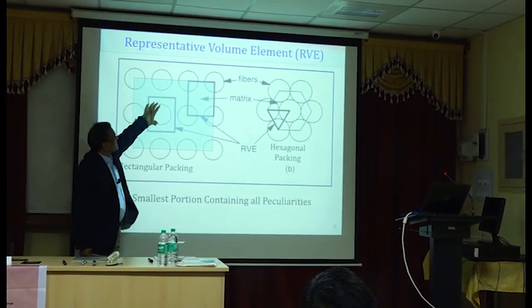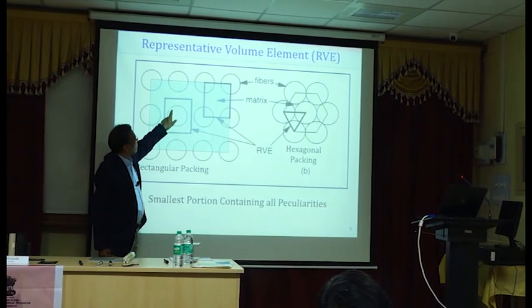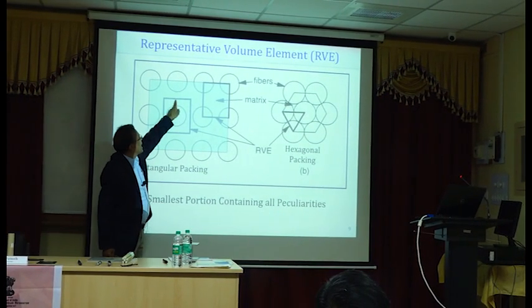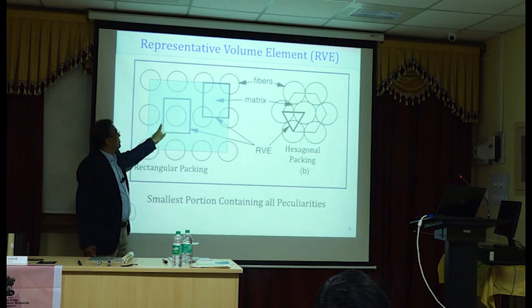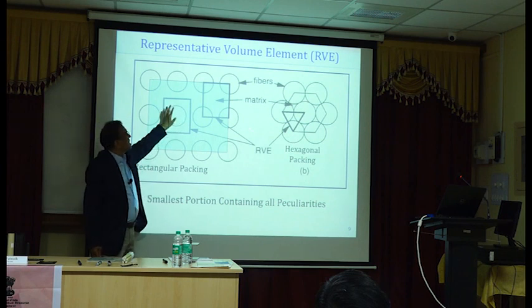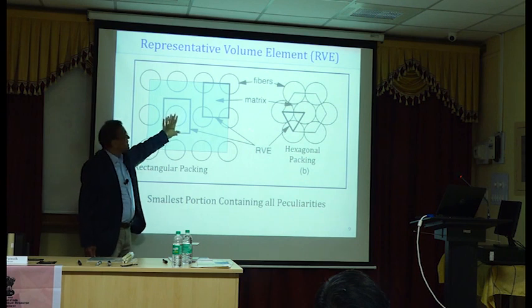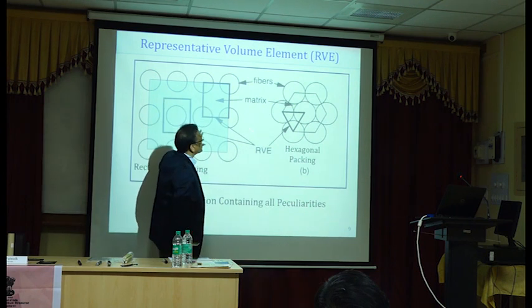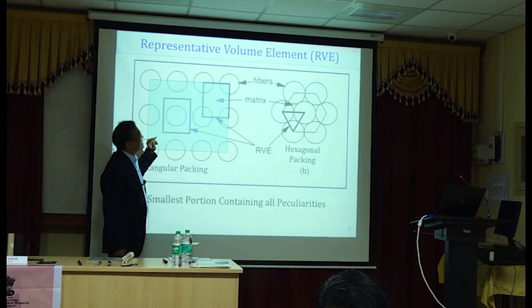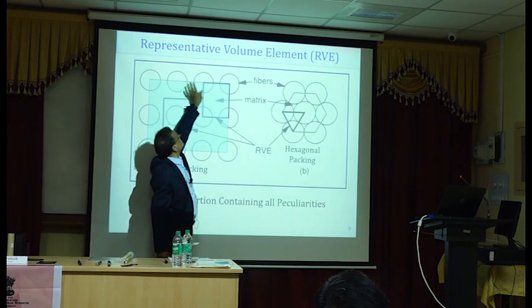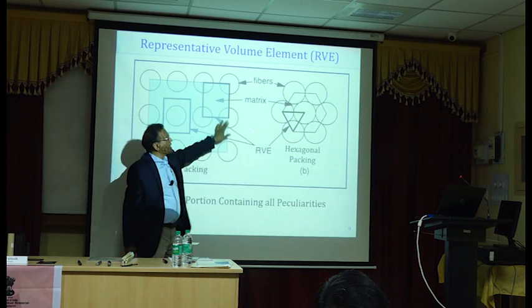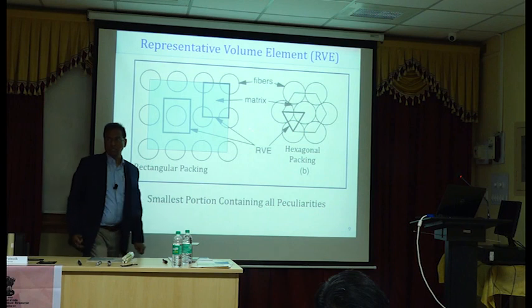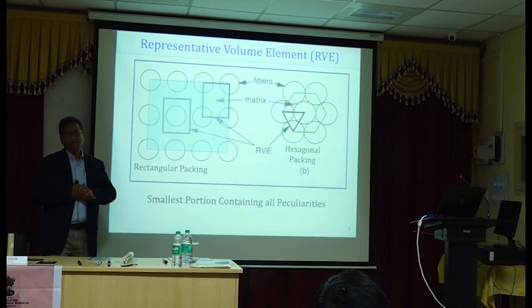So if I consider just one fiber or one unit of the fiber and the corresponding matrix surrounding this, it will give me same properties in terms of stress compared to a large or larger composite cross section with multiple fibers and larger amount of matrix. That's the definition of RVE,